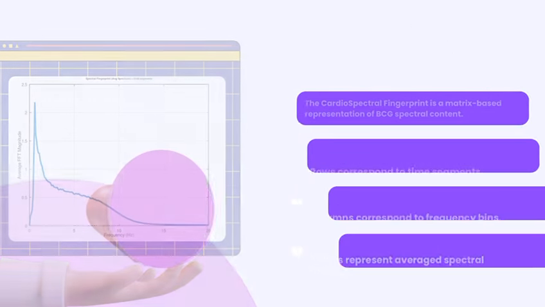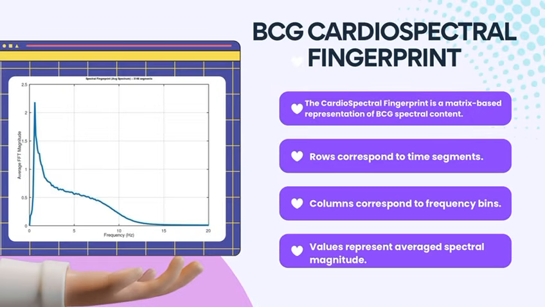The extracted spectral features were then organized into what we call the cardiospectral fingerprint. This fingerprint is represented as a matrix, where each row corresponds to a time segment, and each column corresponds to a frequency bin. The value within the matrix represents the average spectral magnitude. This structure allows us to visualize how the spectral characteristics of the BCG signal evolve over time in a compact